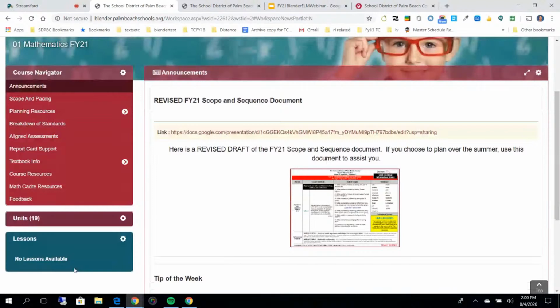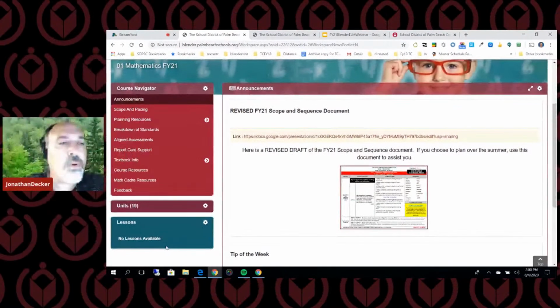They're going to have links to important PD and links to the units on their scope and sequence. Some of the other courses may provide a PDF or a Google Docs version of the scope and pacing. But that key information, how to break down the course over the year, will be provided for you.